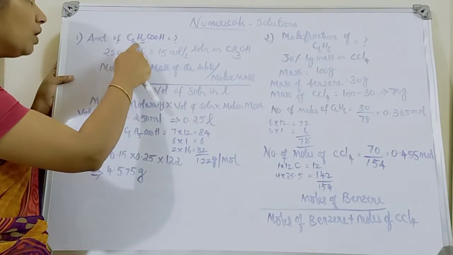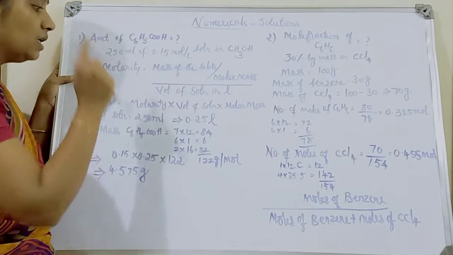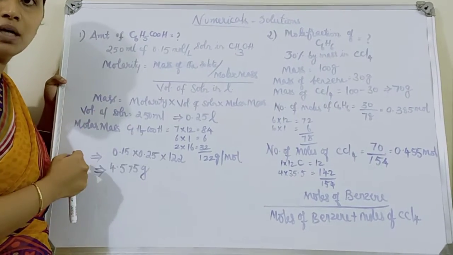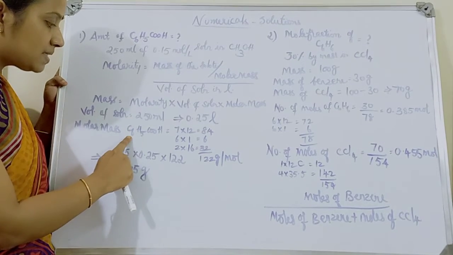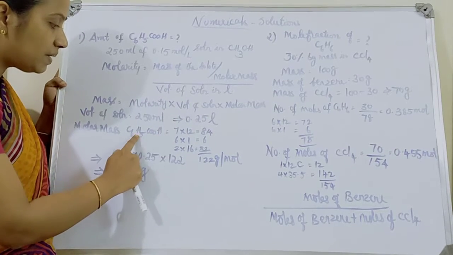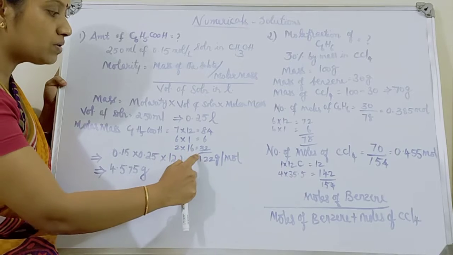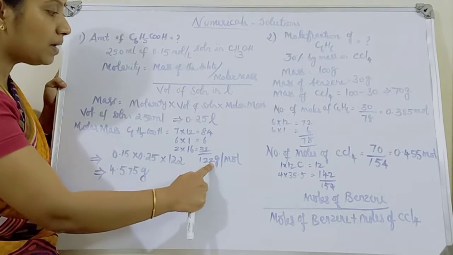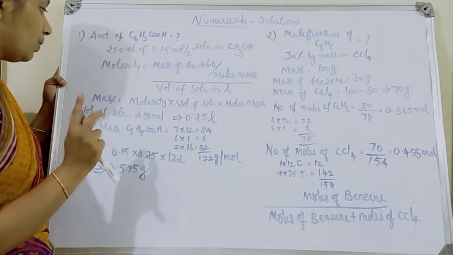You know the formula for benzoic acid, which is C6H5COOH. So we can calculate easily the molar mass because we know the values for carbon, hydrogen. How many carbon atoms are present? Here 6, here 1, 7, so 7 into 12. How many hydrogen atoms are present? 5 plus 1, 6. How many oxygen present? So 2 into 16. So what is the molar mass of the benzoic acid? It is 122 grams.